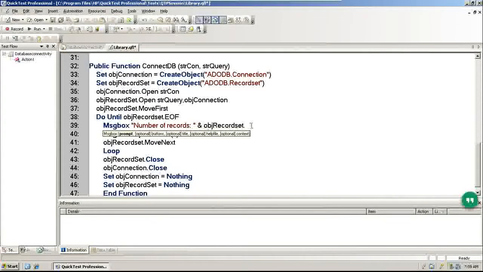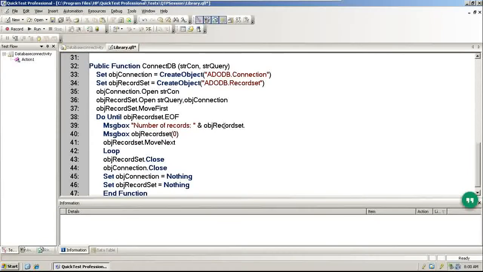Okay, space. Message box, prompt, optional button. Okay, now delete dot and start again. Okay, that's interesting. Control Z.